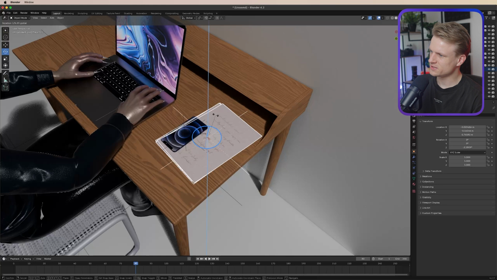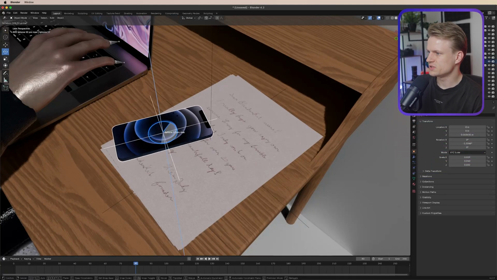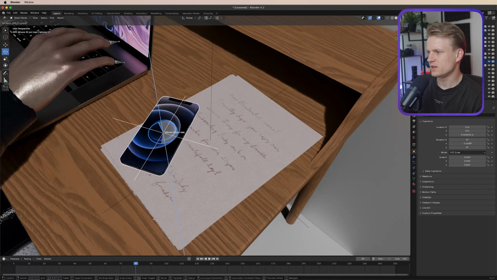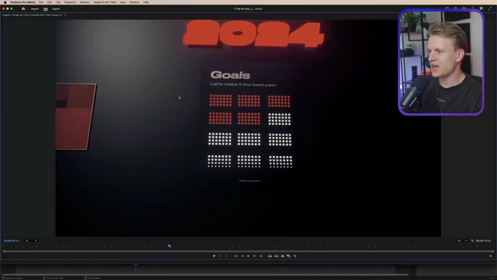A bit playful, right? And of course, I'm going to do the same with the iPhone. Select object, and let's rotate this a bit too. Maybe something like this. That's cool. All right, we're getting somewhere. Now for this part, this is actually animated, and the best way to do this is to just go to